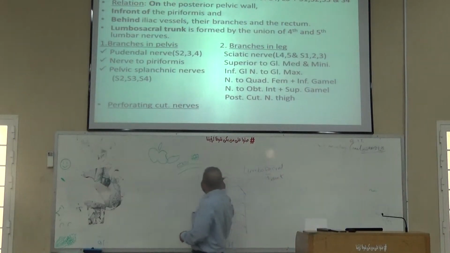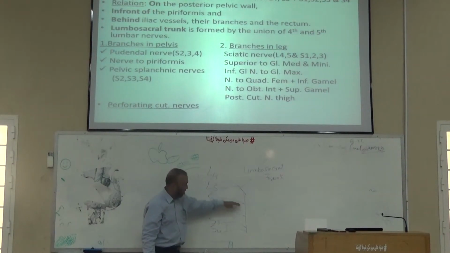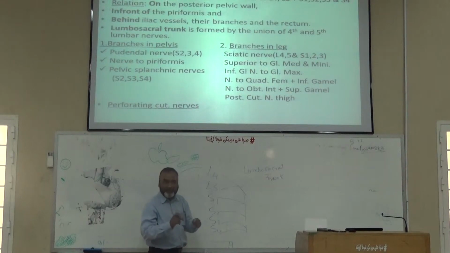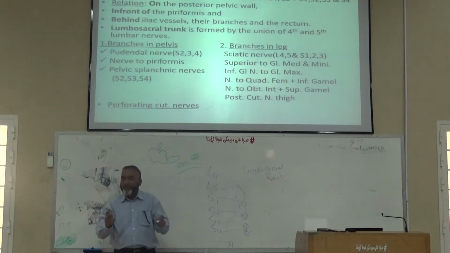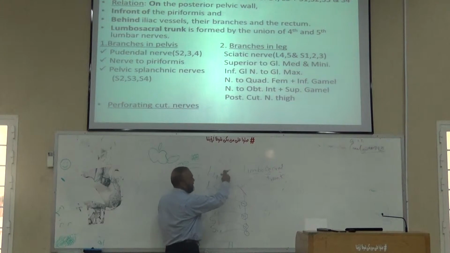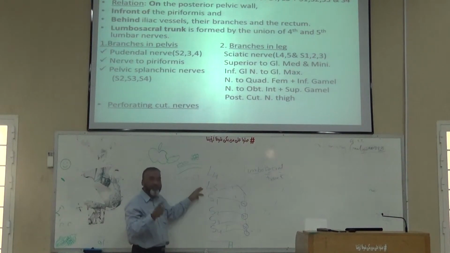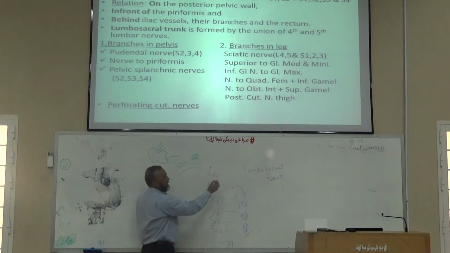Now the ventral rami of the fourth and the fifth form a lumbosacral trunk. Then they unite with the ventral rami of the first, second, third and fourth sacral nerve and form the sacral plexus. If you draw a diagram like this, this is the sacrum. Every ramus comes out from the upper four ventral sacral foramina, and from above, the ventral rami of the fourth and fifth lumbar nerves unite and enter into the pelvic cavity in the area where we have the